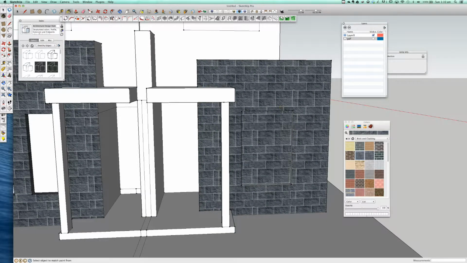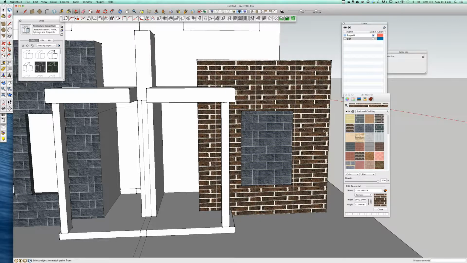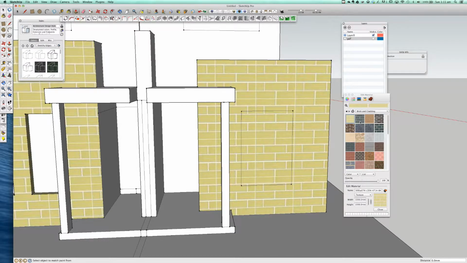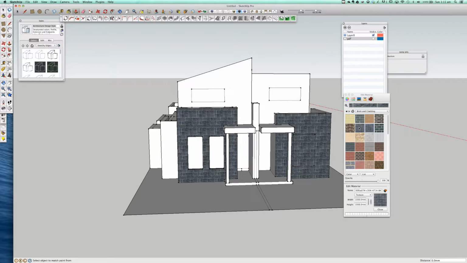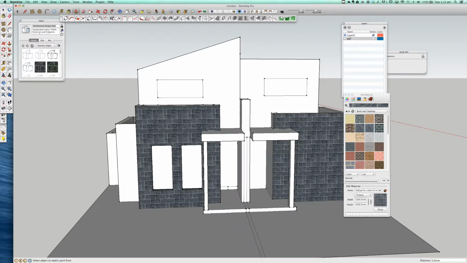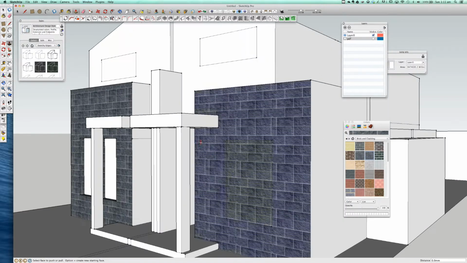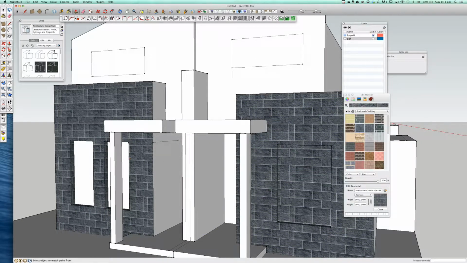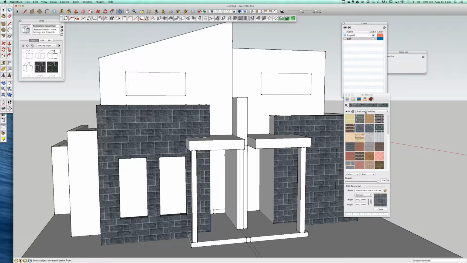Doesn't matter if it's not the right one, because you can always come back now. I can click into here and change, I can click into this and change everything in one go, whatever color I wanted it to do. But this is starting to work for me, so I'm going to leave this like that. So I'm going to just bring the windows, I'm going to probably do in an aluminium color. So I'm just going to choose something that's,